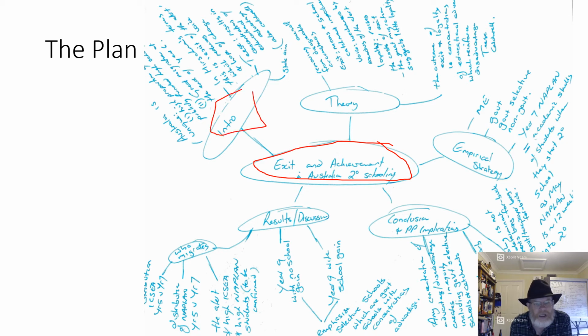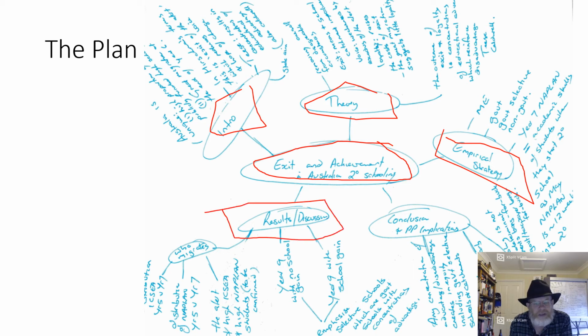So there's an introduction, there's a theory section that usually comes in second, and I'm using the established theory and extending on it there. There's the empirical strategy. When you're doing heavy duty econometrics, you've got to lay out how you're doing this. There's a results and discussion section next, and then there's a conclusion.